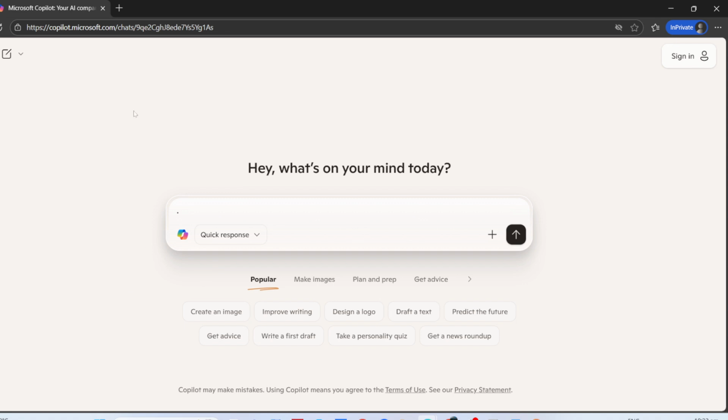You can find it at copilot.microsoft.com. Once the page is loaded, look for the sign-in option. You'll need to log in using your Microsoft 365 account credentials. This is important because Copilot's features are integrated and optimized for Microsoft 365 users, offering them seamless access to its